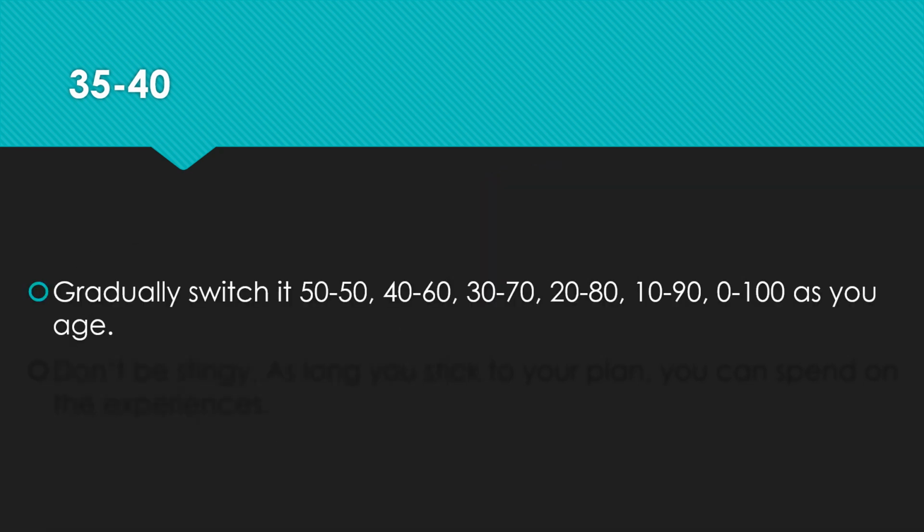Okay, now what should we do beyond 40? You should gradually switch to 50-50, which is 50% into equity mutual funds, 50% into debt mutual funds. Then 40-60, 40% into equity, 60 into debt. 30-70, 30 into equity, 70 into debt, 20/80, 10/90, and 0/100, which means you should invest all your investments in debt